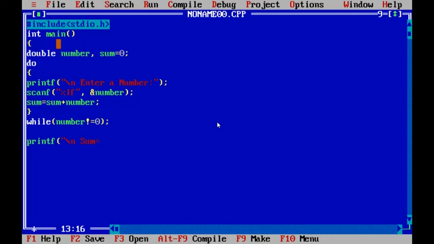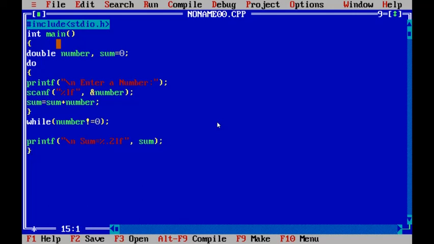"Sum is equal to %.2lf", comma sum, semicolon. End of the program.